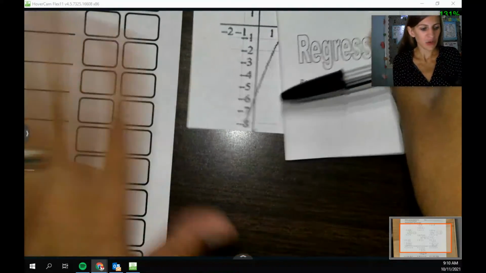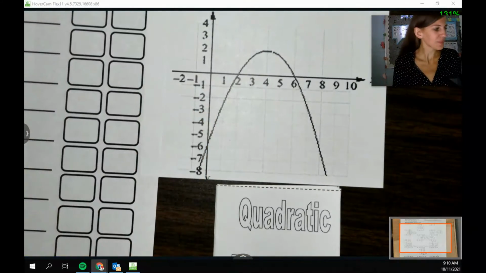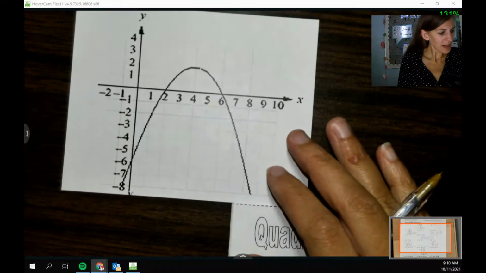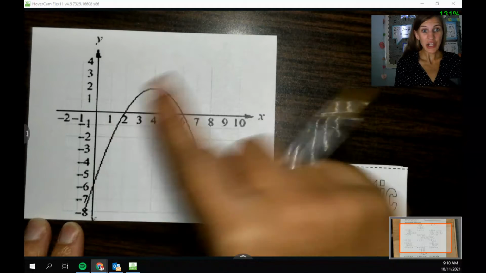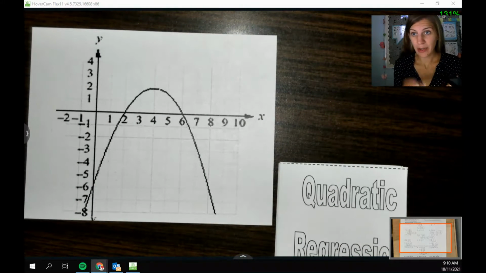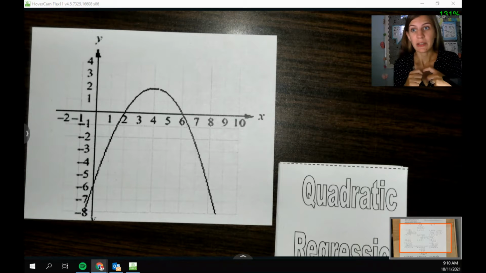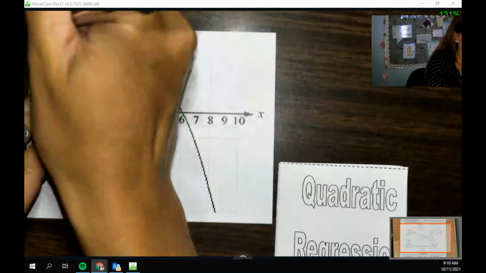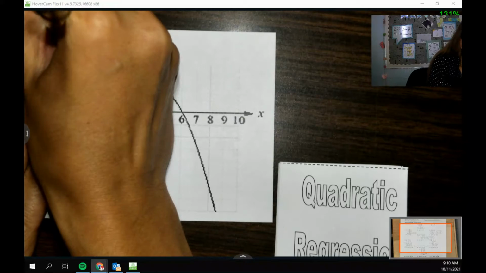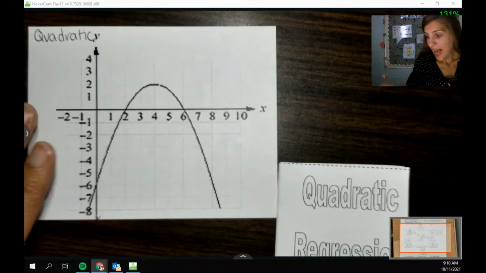And so on this page, right across from our table of contents, we should have these two things here. And I'm hoping that I don't need to write on the back of anything, but just in case. So this shape here is our brand new function, and the shape of this graph, well, I guess let me start with the equation that we're going to be dealing with, or the function that we're going to be dealing with, is a quadratic one. So this is a quadratic, and a quadratic